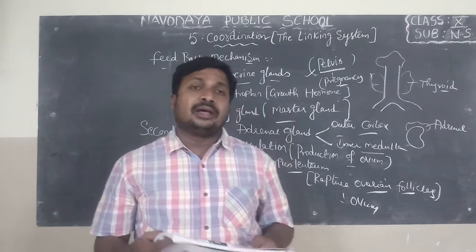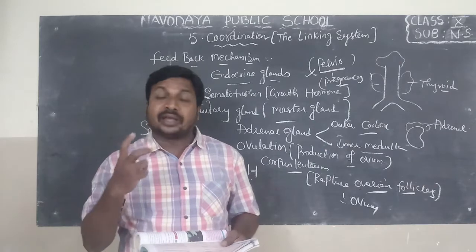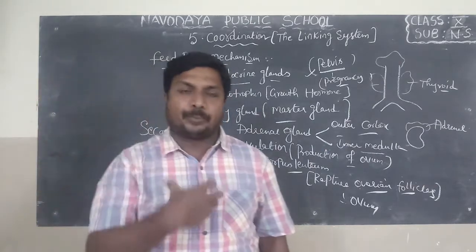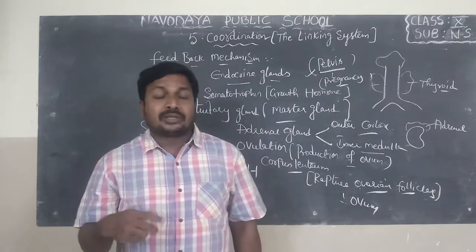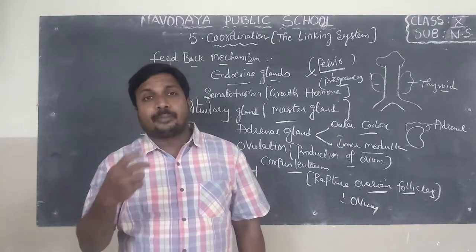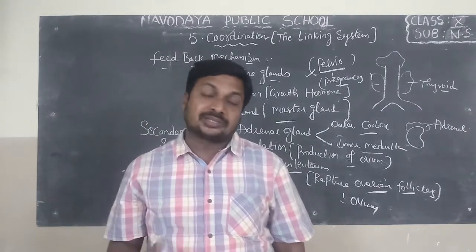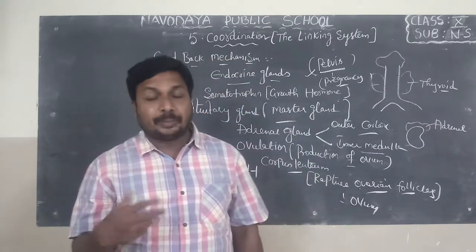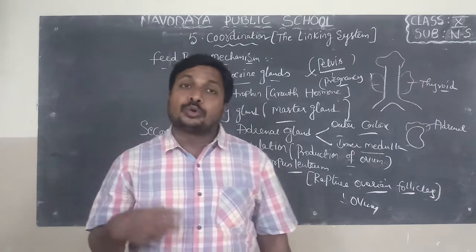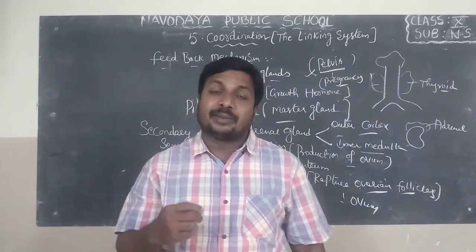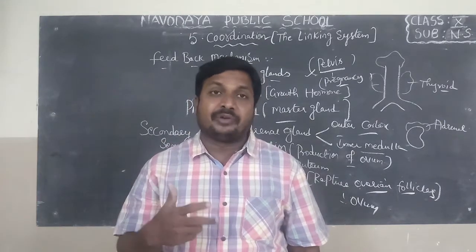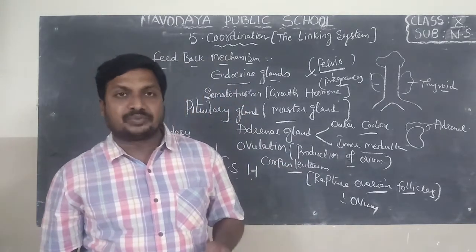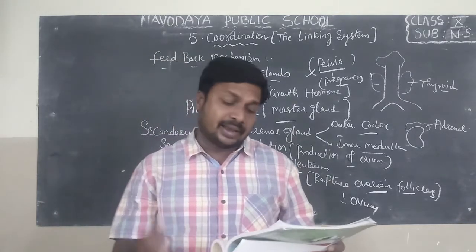Adrenaline hormone is released at the time of fear, at the time of emotions. For example, when a roaring dog approaches you, we can observe some changes in our body known as emotions, like increased heartbeat, increased rate of respiration, goosebumps appearing on the body. Sometimes the rectum and bladder are emptied, and dilation of the pupil. All these are changes with the help of a hormone known as adrenaline.